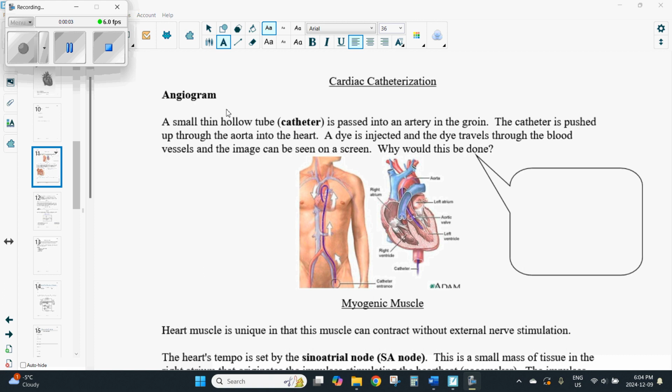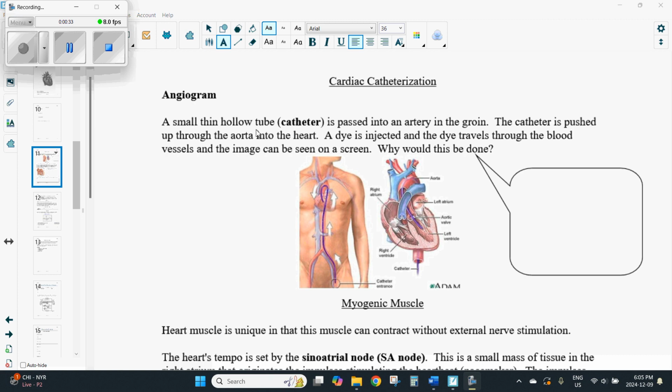So last class we left off talking about an angiogram, and if you remember from last class, we talked about the idea that that angiogram was done in order to pinpoint where a blockage might be. And the reason that they do this is so that they can troubleshoot and determine where the blockage is in order to be able to either go in surgically and fix the blockage or get correct medication in order